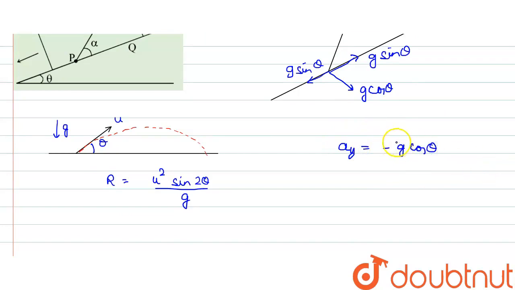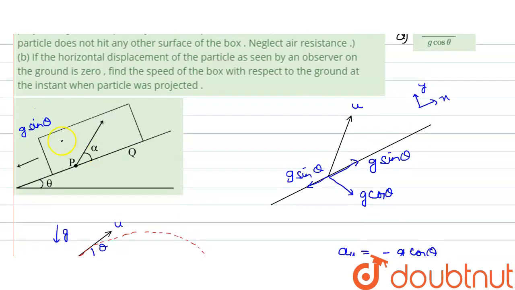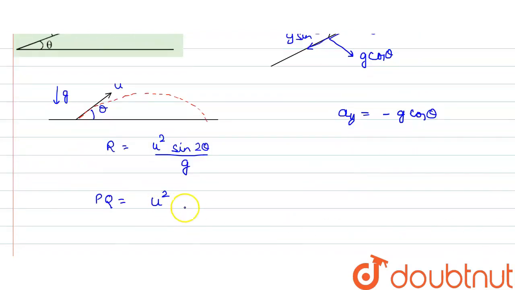Now this situation and this situation would be the same if we just tilt it by an angle of theta. So for this case, our range, or our distance PQ, would be equal to velocity squared times sine of twice the angle which this velocity is making with the plane. In our case, the angle made by the velocity with the plane is alpha, so it would be sine 2 alpha